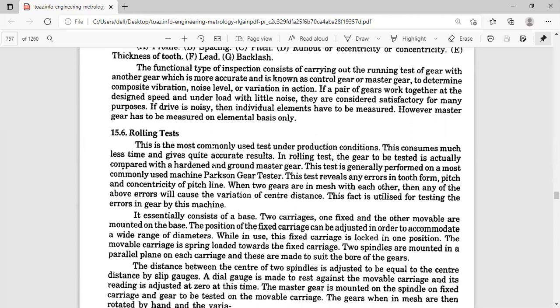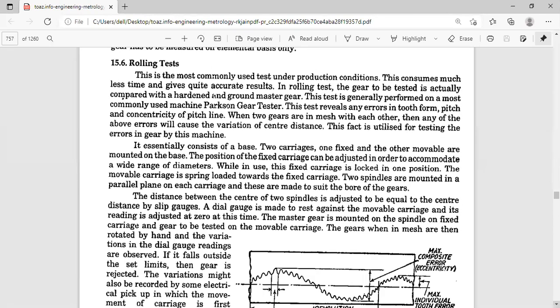This is a very important part as far as this syllabus is concerned, because with the use of the Parkinson gear tester, we are able to measure runout or eccentricity. We are able to check the total composite error. We are able to check the alignment error. We are able to check the tooth-to-tooth composite error.